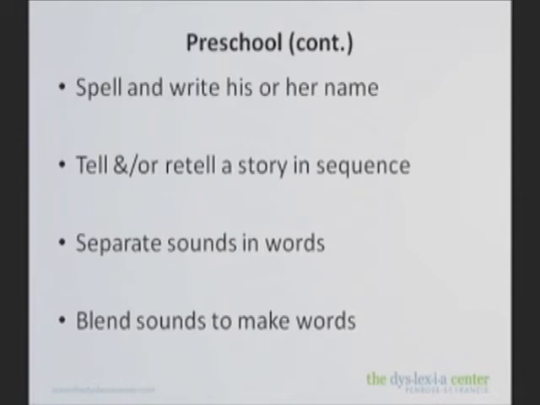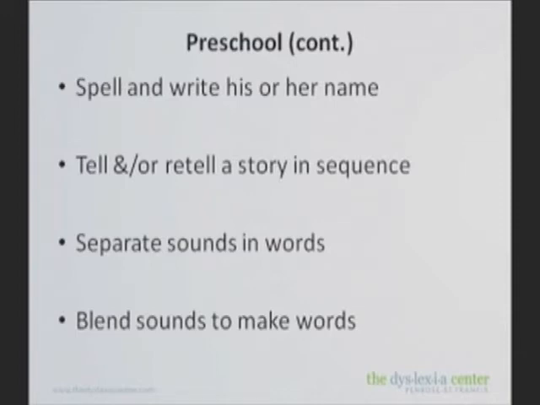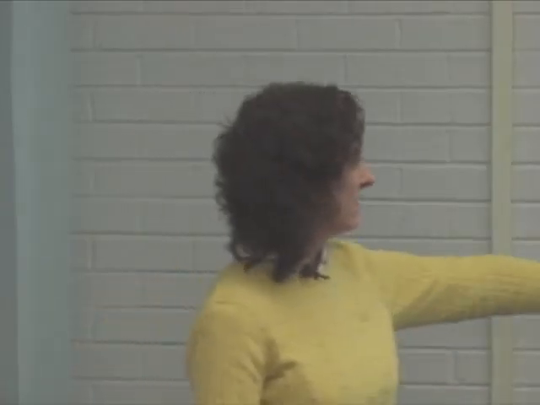Additional preschool dilemmas. Spelling and writing his or her name. A lot of children can write their name very well before they even enter kindergarten. Telling and retelling a story in the correct sequence. Separating sounds in words, blending sounds to make words. This is rather advanced kindergarten or preschool skills, but